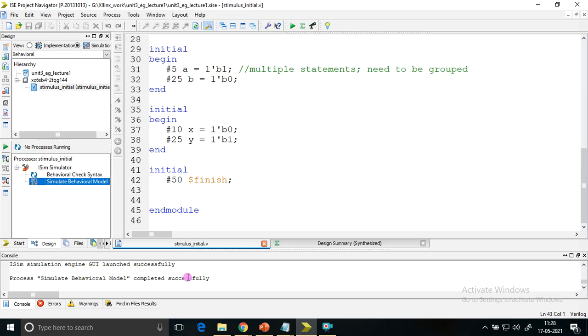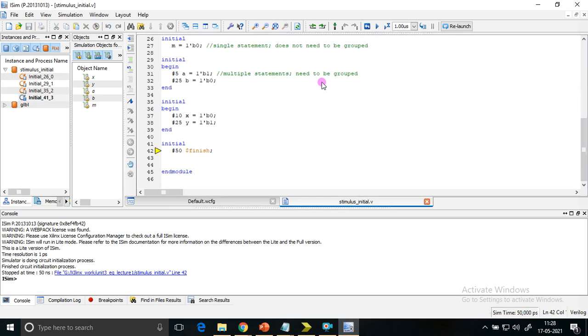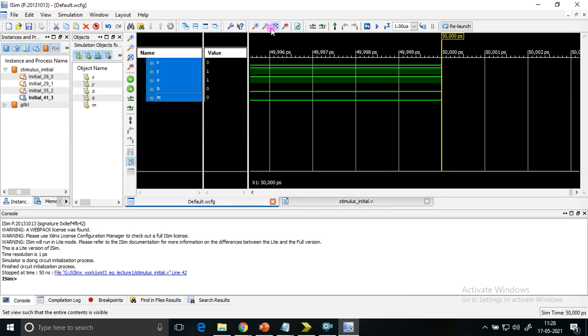It has been completed successfully. As I had already told you, synthesis has no meaning as it is a stimulus block, so I directly simulated it. Once it is simulated, the iSim simulator opens. You need to wait. Yeah, the graph is generated.